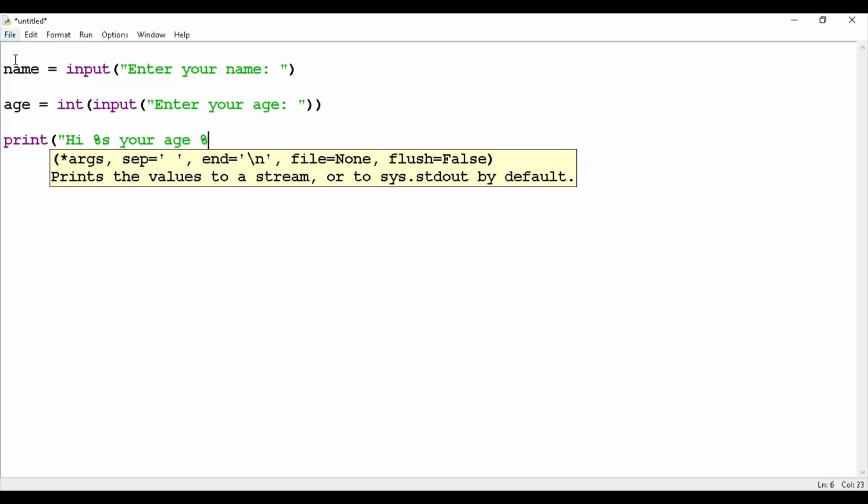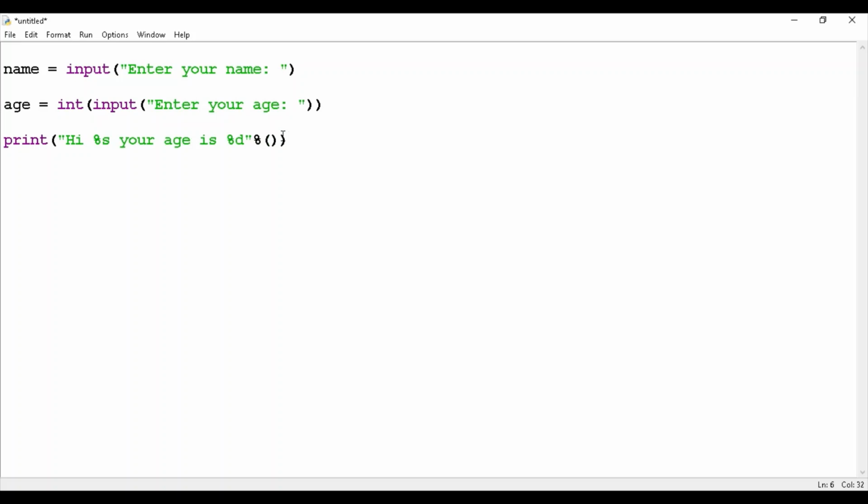As I want to print age, which is an integer value, I can take %i or %d here. Your age is, so it is more readable. Once you have taken the format specifiers inside this string, you have to give the percentage sign and give the variable names which you want to replace those format specifiers. So I have given name, age.